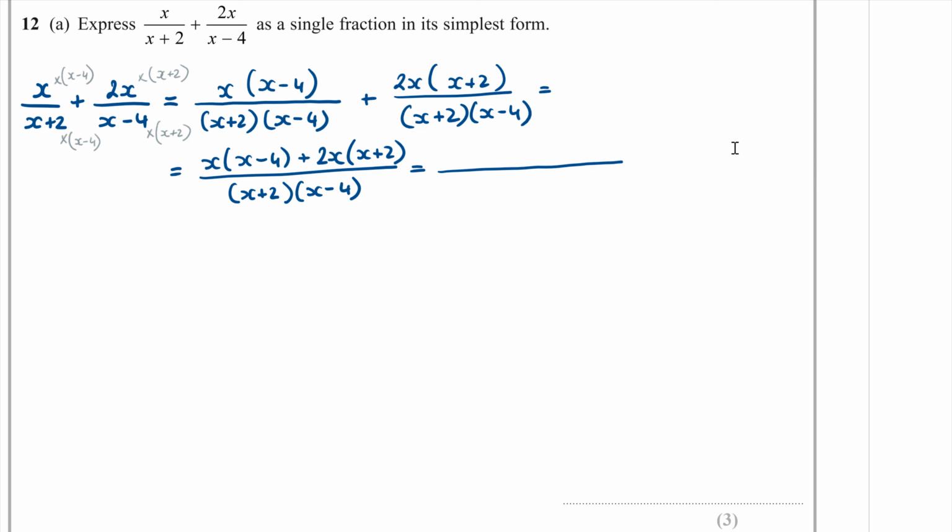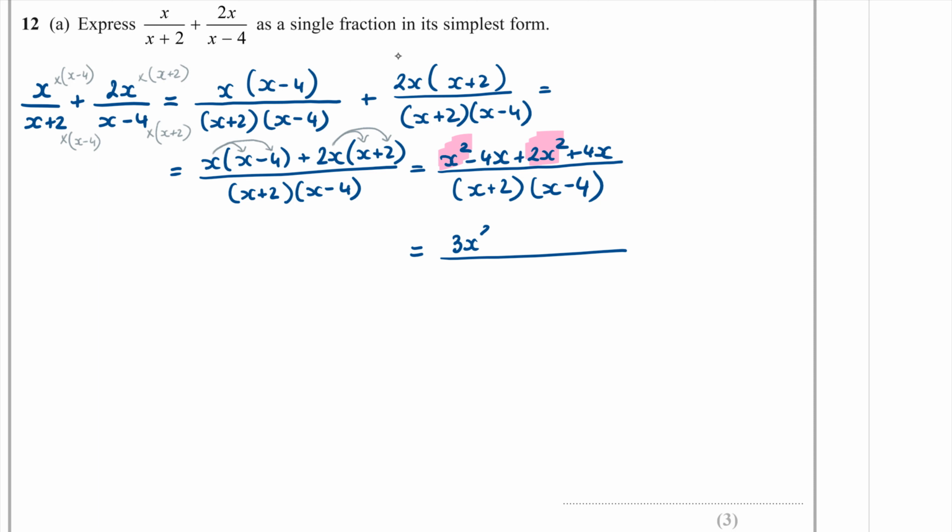Multiplying out the brackets, x times x is x squared, x times minus 4 is minus 4x, 2x times x is plus 2x squared, 2x times 2 is plus 4x. And finally, simplifying the top will give us the final answer. x squared plus 2x squared is 3x squared, minus 4x plus 4x is 0, over x plus 2 times x